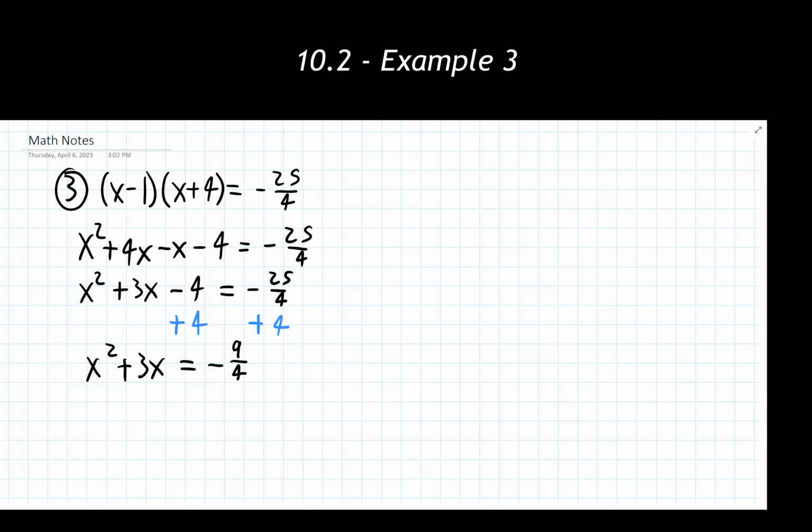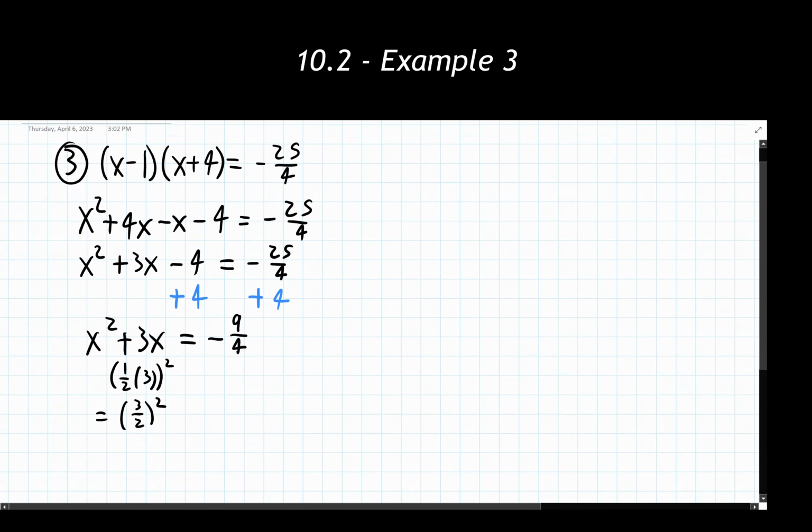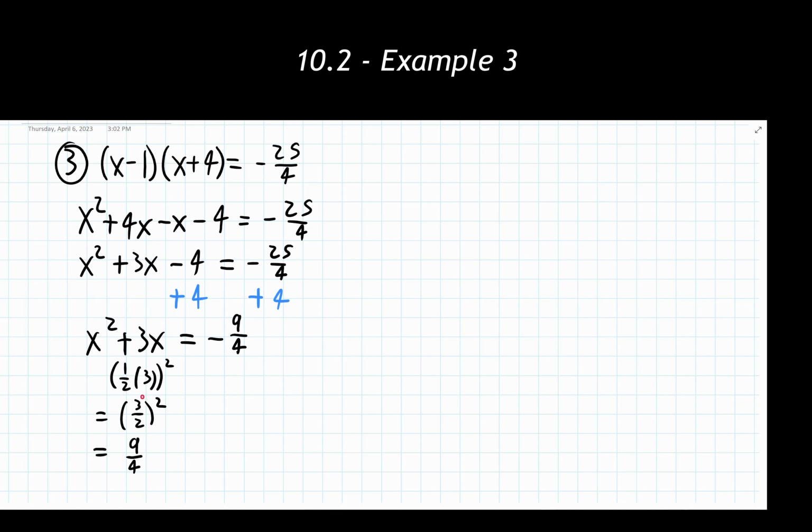So once we've done that, we need to make sure that we obtain a coefficient of 1 in front of this x squared term. That's already been taken care of for us. Excellent. So we can move on to step 3. This is where we're taking half of the b value and squaring it. And again, write that out for yourself. So half of 3 squared. Half of 3 is going to be 3 over 2. Squaring that, that is going to give me a positive 9 over 4. Again, I have fractions showing up here and here. That's fine. I recommend leaving the problem like that and leaving the numbers that you're working with as fractions.